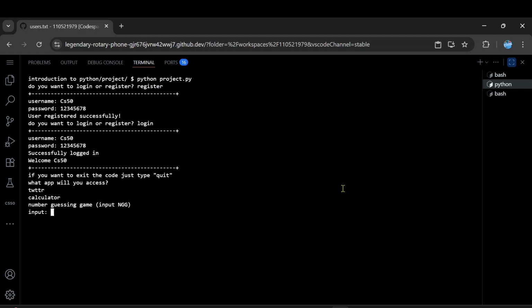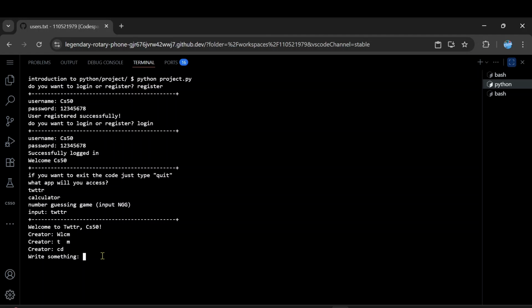After this, it will open this page, which will show us multiple apps we can use. First, I will start by opening Twitter. We open Twitter by typing its name in here. After this, it will open this page up, and we can see there's some messages left. The Twitter app works just like normal Twitter, and it also removes vowels just like the CS50 Twitter problem.